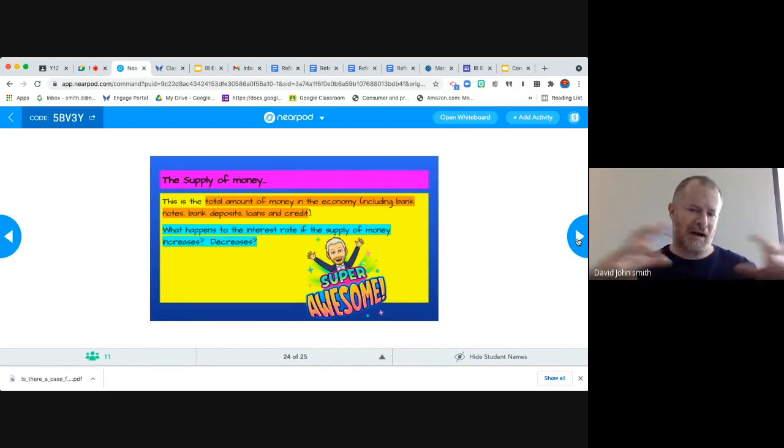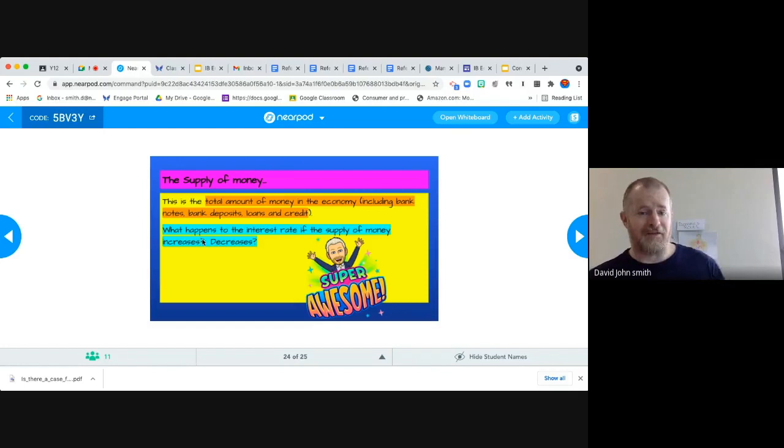So we're talking about slightly more than the normal, everyday understanding, what's called M1, right? So we're talking about a little bit bigger of a universe of money. And we're talking about all of the loans that have been made and the amount of credit, say through credit cards or store cards or hire purchase agreements. All of those are actually classified within that universe of money.